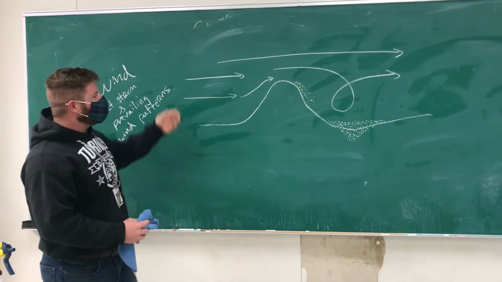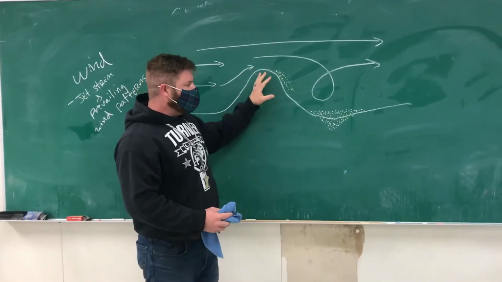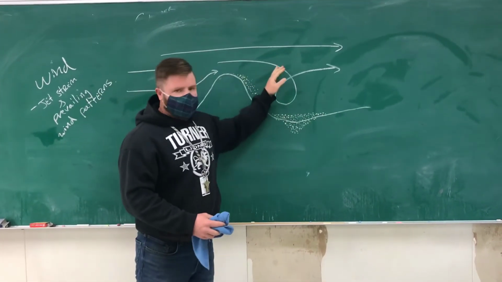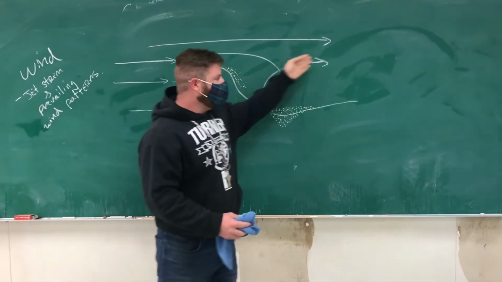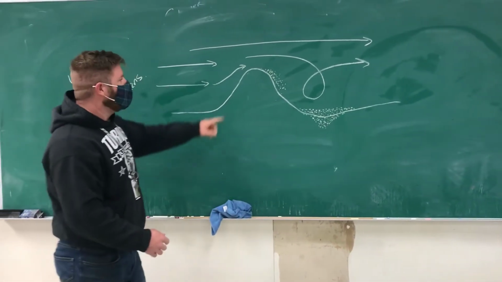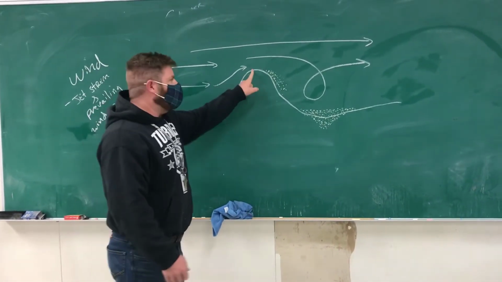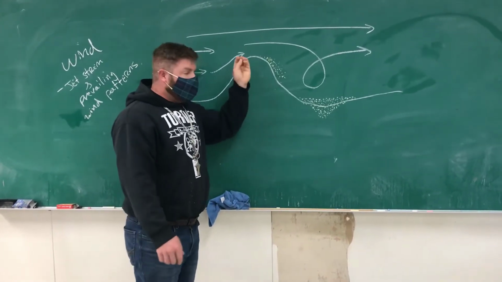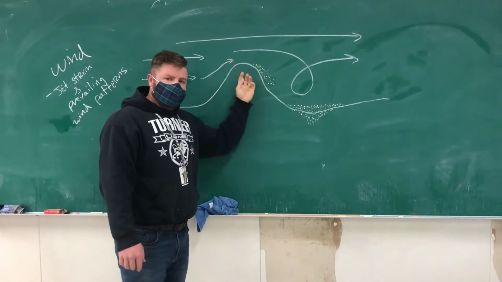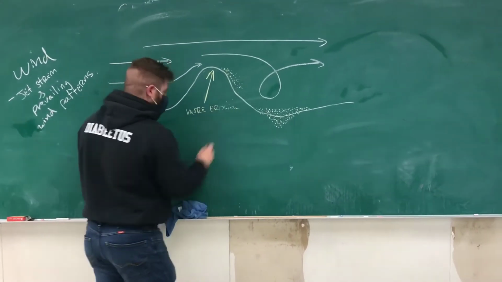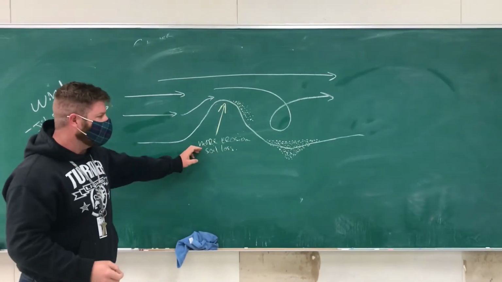So what happens here is you've got these air currents. They're going to hit some sort of elevation, a little hill or anything like that. And then it's going to create an eddy or a vortex here before it goes on. Now, what does that mean in terms of soils? On the top here, we've got increased wind erosion. So it's going to be very difficult for soils to form here. So we have less soil formation, more soil erosion right here. We've got our soil loss and soil erosion here.